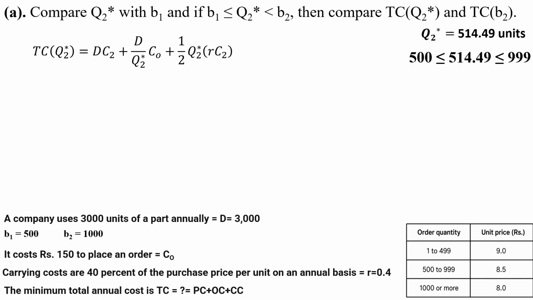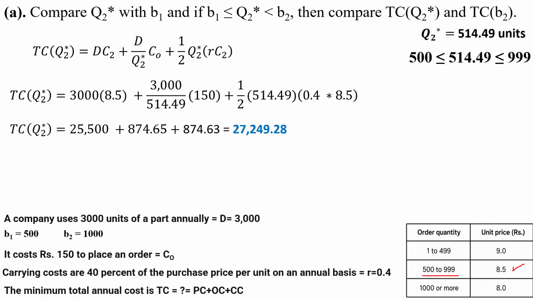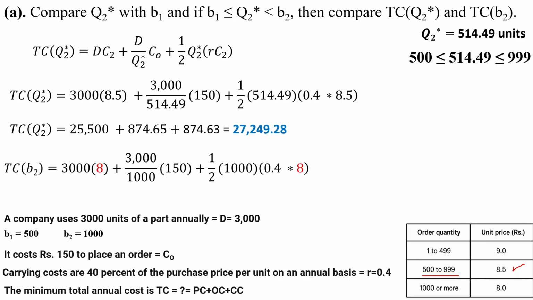So Q2 star quantity is 514.49, which lies between 500 to 999, and the unit price is 8.5. So then total cost equals 27,249.28. Similarly, we have to calculate the total cost at the B2 quantity. Here B2 quantity is 1000 or more and the unit price is 8 rupees. Then total cost at the 1000 quantity is